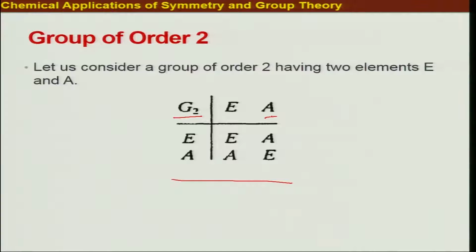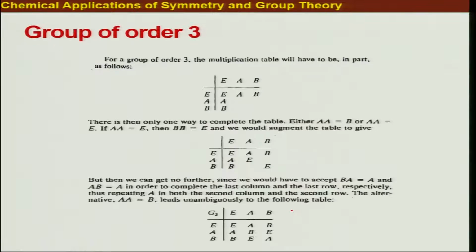There is only one combination that is possible, because I know that the identity combines with any element to give the same element back. So E product E is obviously E, and then E product A will give me back A. Okay. So this one you can also very easily figure out. Therefore, it's really easy to find the group multiplication table for G2.